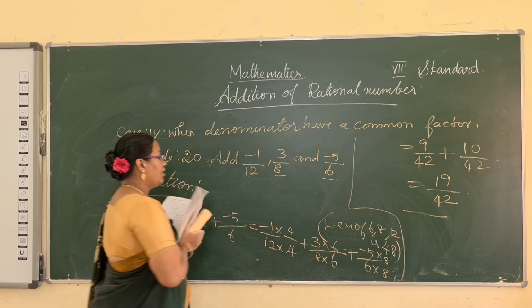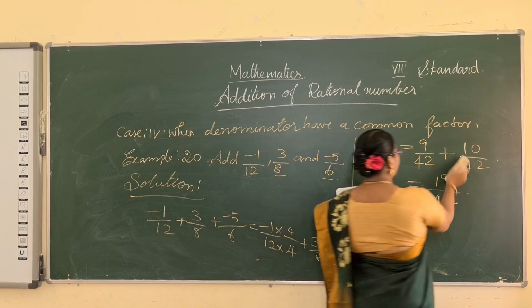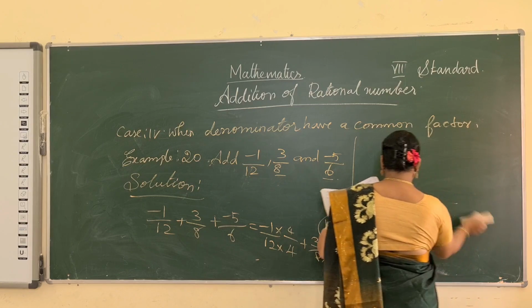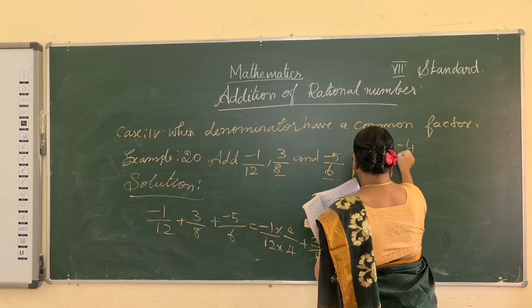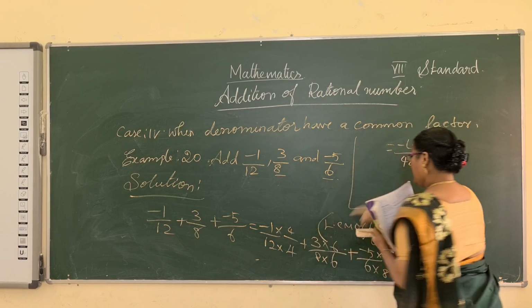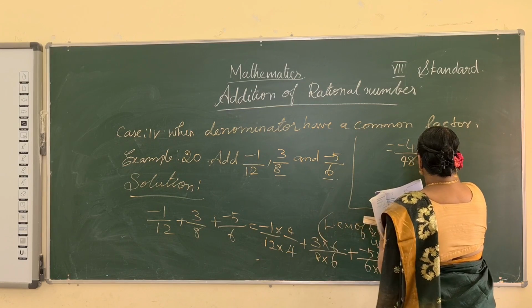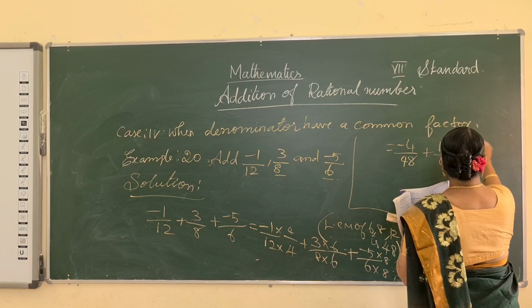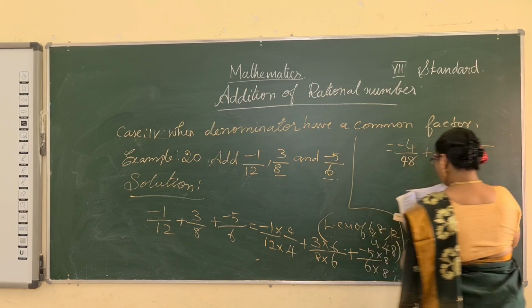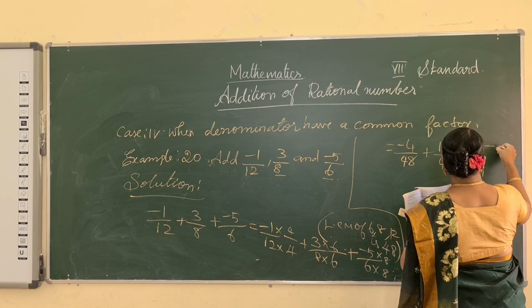Now multiply. Minus 4 by 48, 3 6s are 18, 18 by 48, plus minus 5 8s are 40